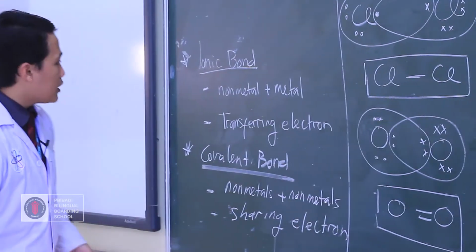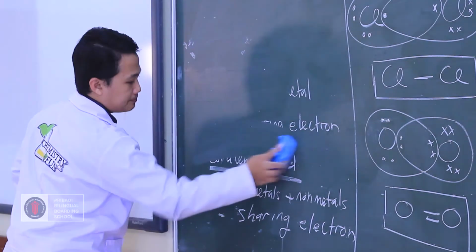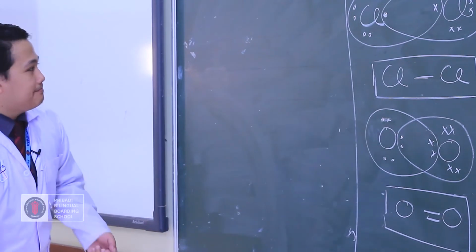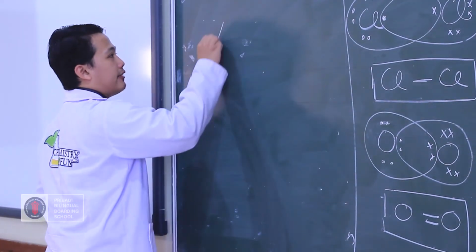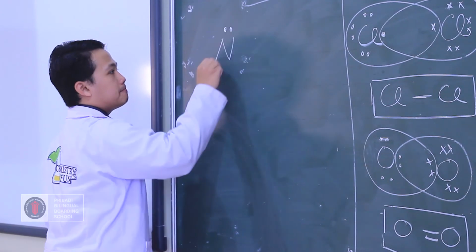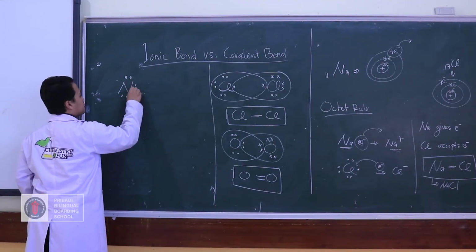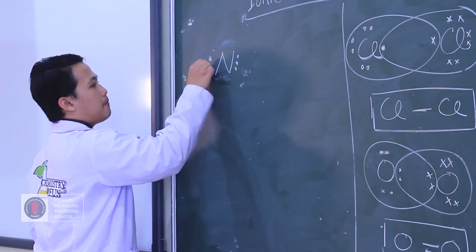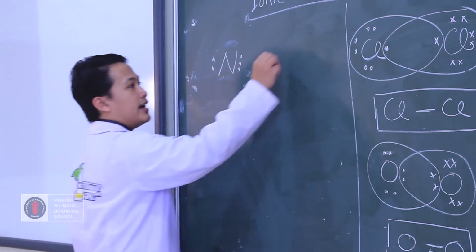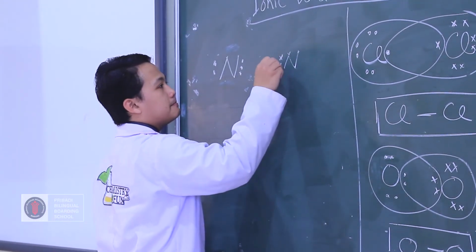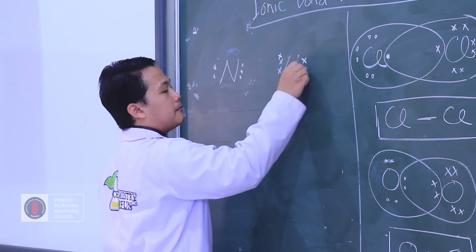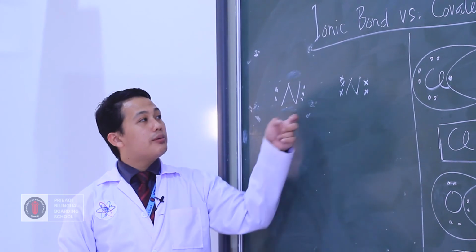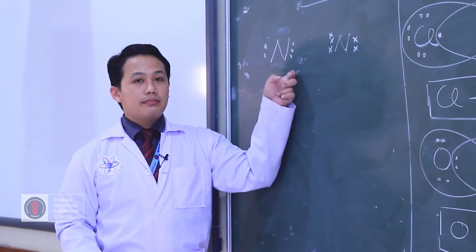Okay, I'll give you a homework or some task for you to do at home. Yeah, already understood actually. Hopefully. So here, I have N. No, sorry. There is N, 5 valence electrons, and there is also N in here, 5 electrons. So please guess how many bonds it can form between nitrogen and nitrogen.